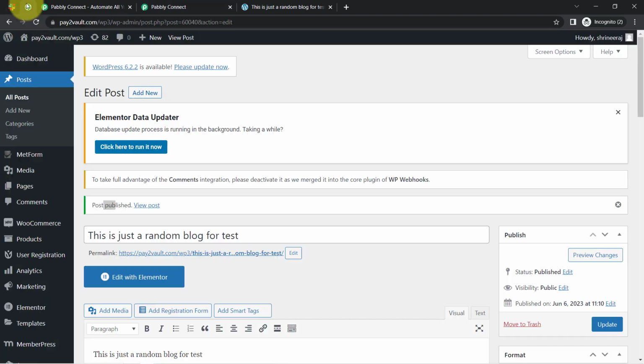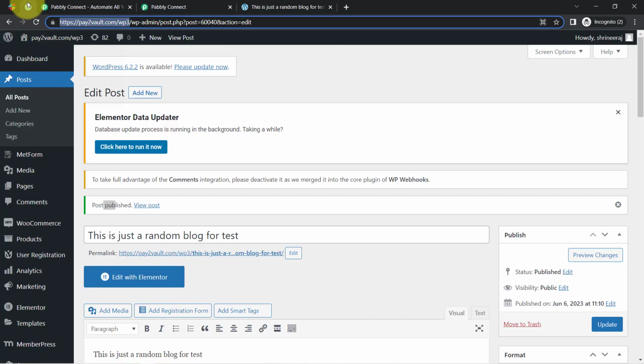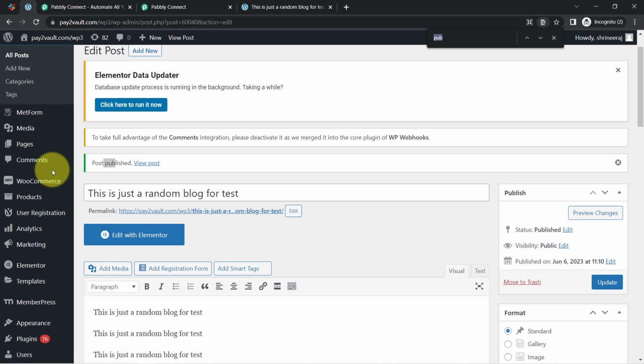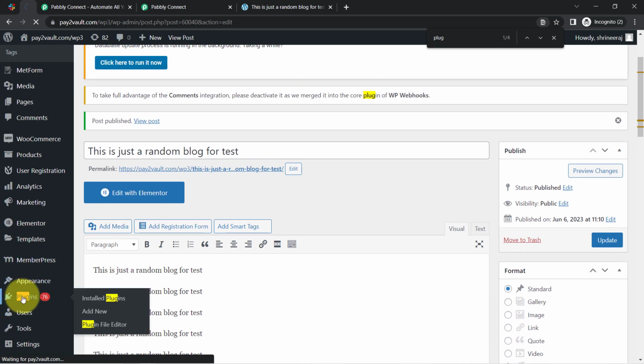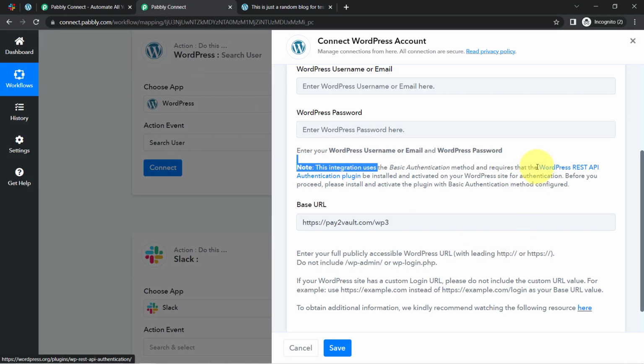Okay, so this is my WordPress website. Firstly I am going to copy the WordPress base URL. Okay, and let me paste the same, and then I am going to do this basic authentication process. For that you will have to go to the plugin section once again. Alright, so this is my plugin section, and here I will have to search for this plugin, that is WordPress